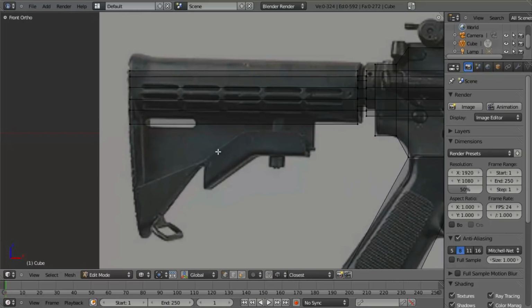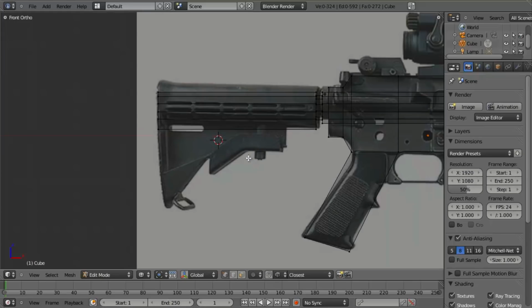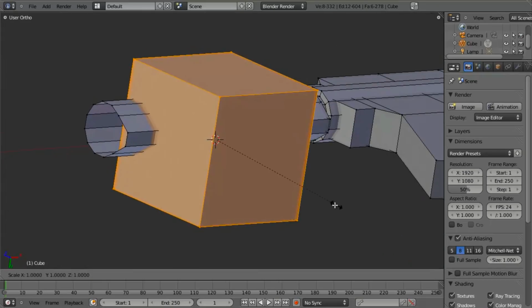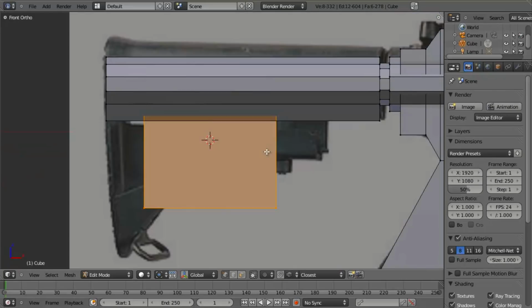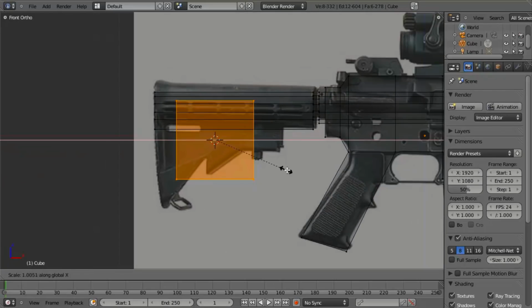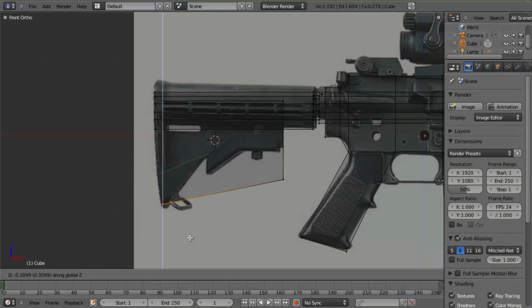Now what I'll do is we're going to go ahead and add in a new mesh right here, so we'll just hit Shift-A, add a cube, and then we're going to scale that down, and we want to scale it down to be just a little bit thinner than that right there. Looks about right. And then we can go and hit S and X to scale it out along the x-axis, somewhere about there. Pull this side out a little bit further, and then we'll go ahead and pull this side down,